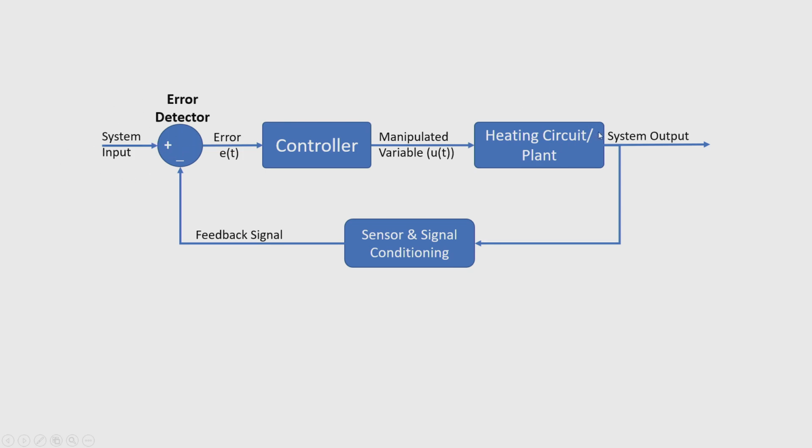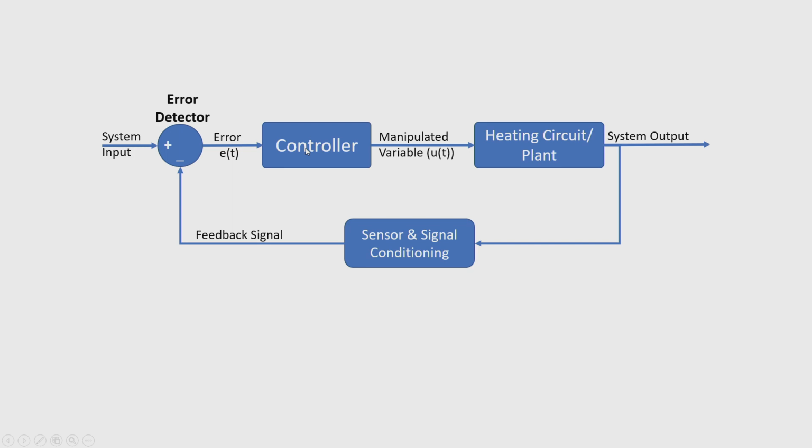Based upon the current temperature available on the heater, the sensor will understand and give an electronic output voltage, which is fed back to the input of the system. As a result, depending upon how much input signal is available and what the output temperature is, it will measure the error. This error will be given as an input to the controller.